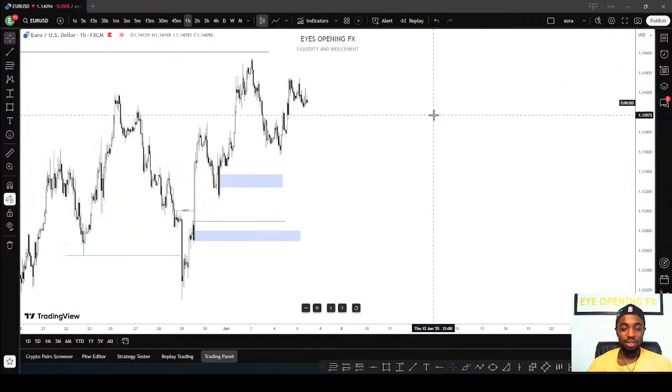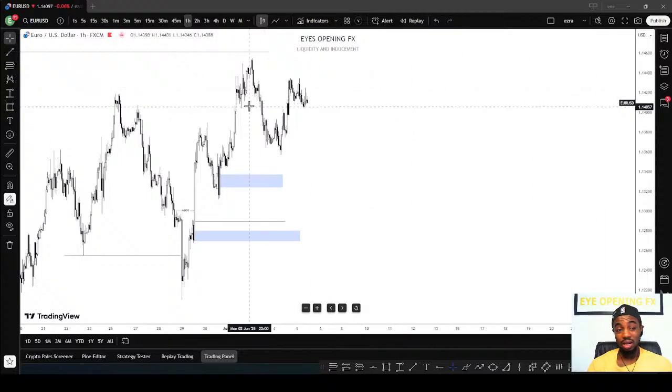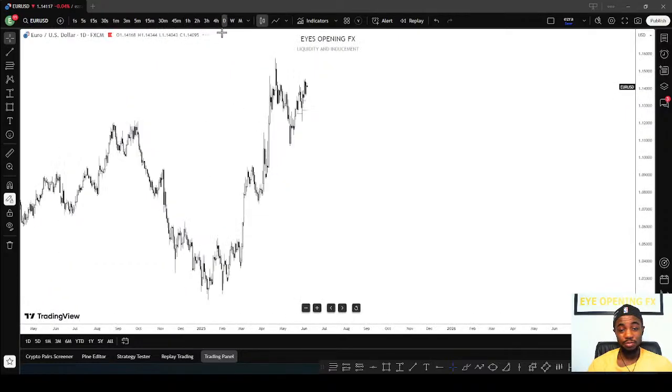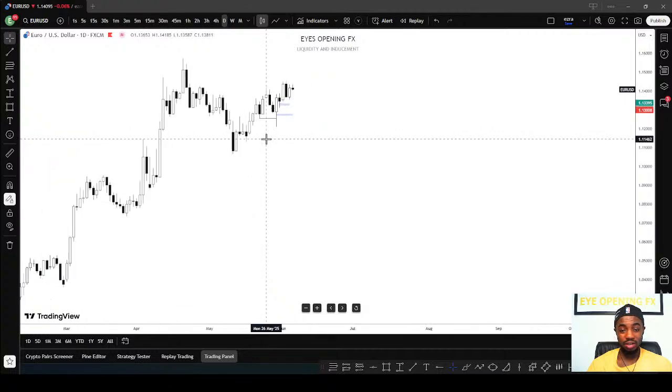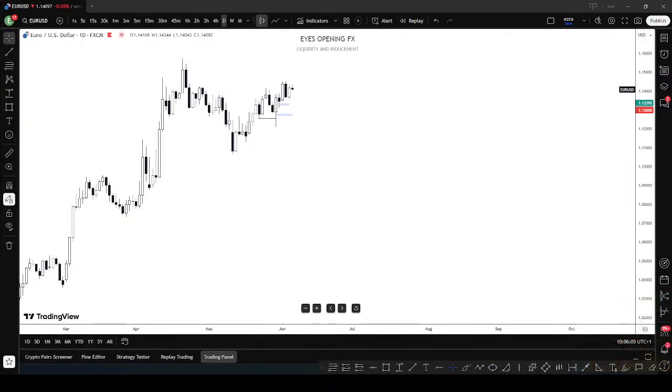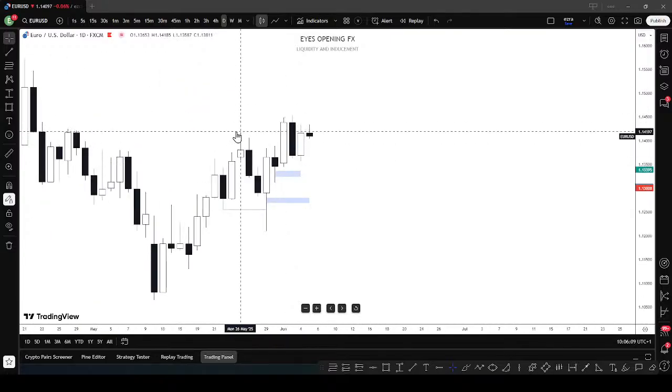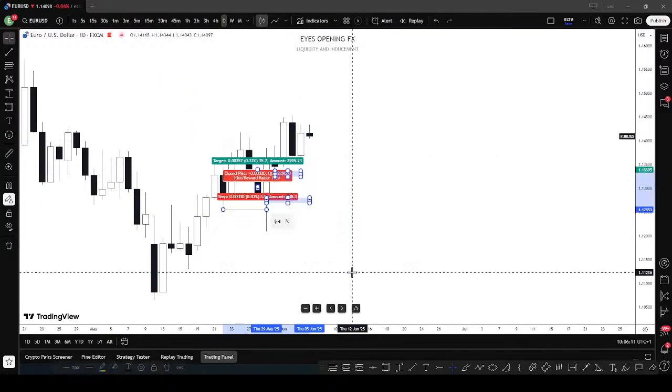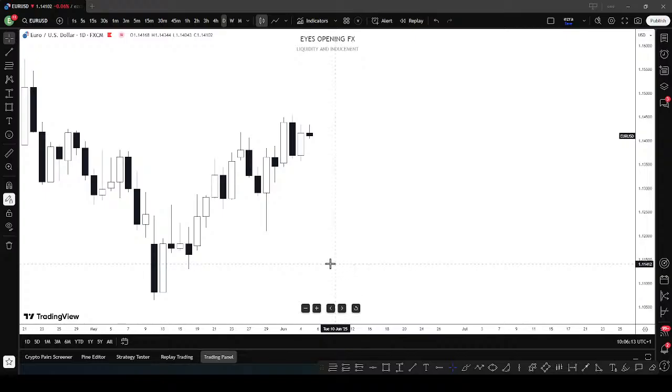The first thing we do is analyze EURUSD, and we'll be starting from the daily time frame, just like I always do. From the higher time frame first. That is the most important thing right there. So we'll be using the daily time frame first. Now, just from the last analysis we had on EURUSD,